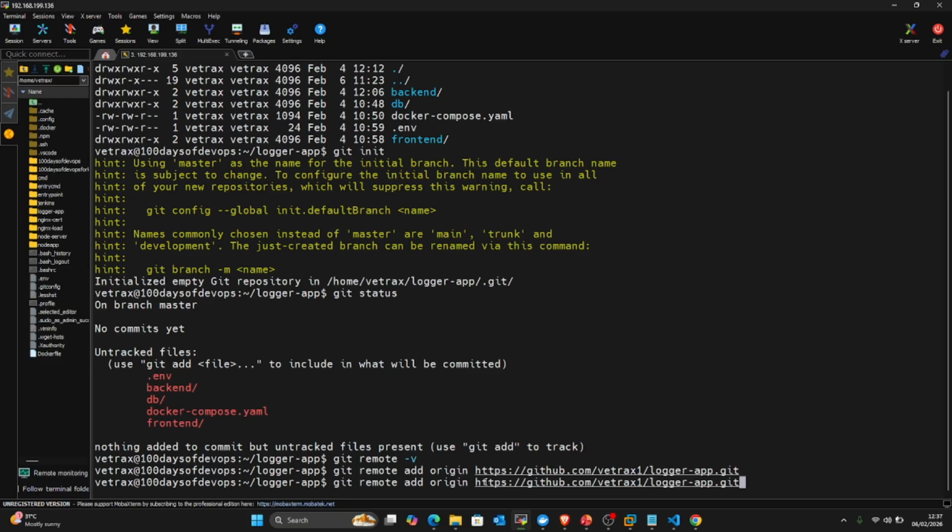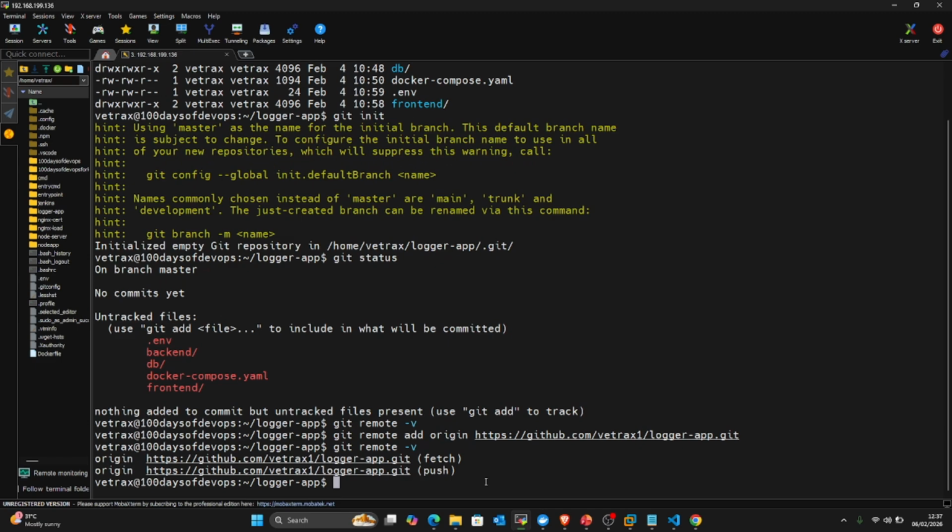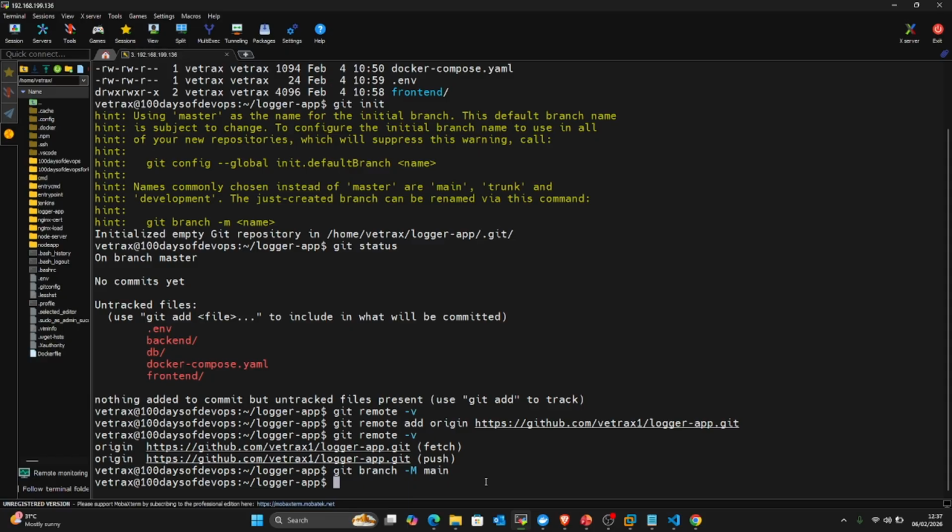So now once I do git remote -v, you can see that we now have both push and pull to that repository. So I just want to ensure to make this the main branch. So when I do git branch,